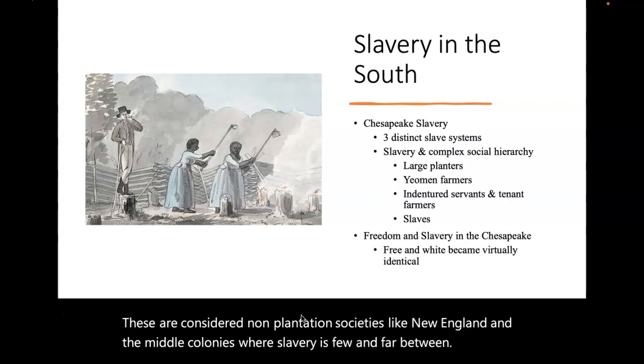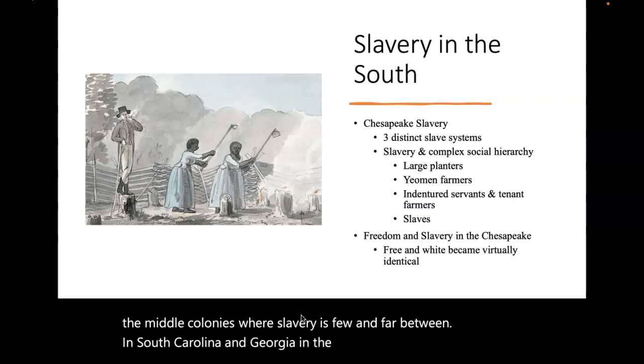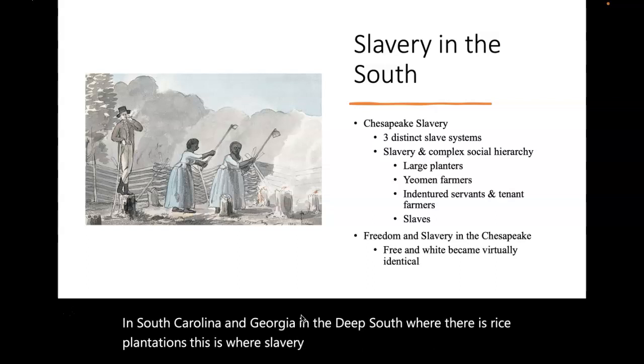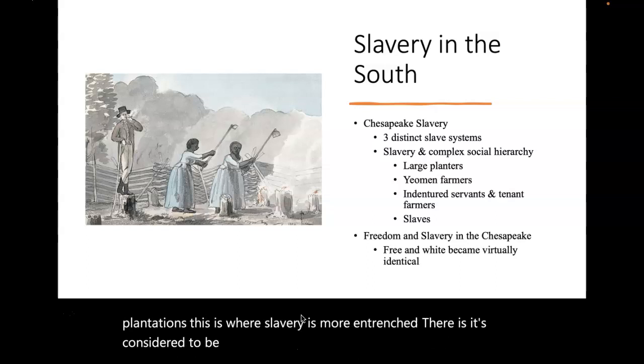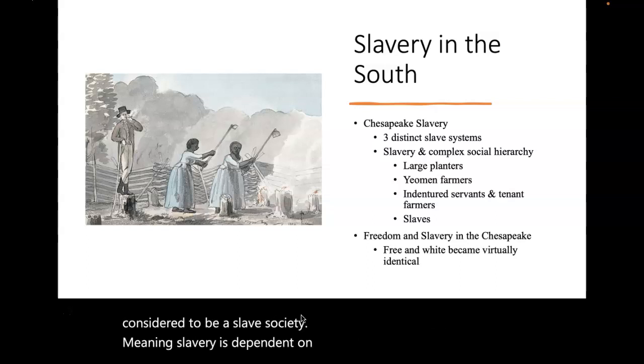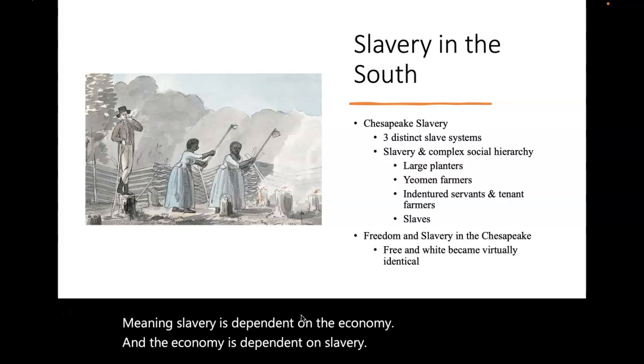In South Carolina and Georgia, in the Deep South, where there are rice plantations, slavery is more entrenched. It's considered to be a slave society, meaning slavery is dependent on the economy, and the economy is dependent on slavery. And then we have the Chesapeake, where